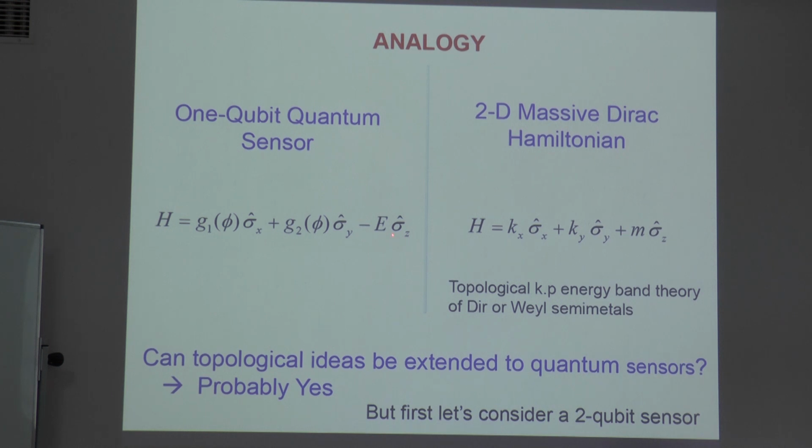And then I looked at it, and it looks just like a topological k dot p theory of energy bands of Dirac or Weyl semimetals, where this is the wave vector kx in the Brillouin zone, ky in a two-dimensional Brillouin zone, and m is the mass, which is analogous to the energy gap. And so the question is, can you apply some topological ideas to this one qubit model that have been applied to energy band theory? And probably yes, but first, let's take a look